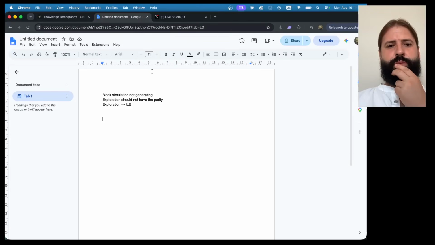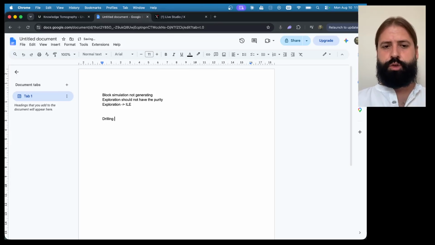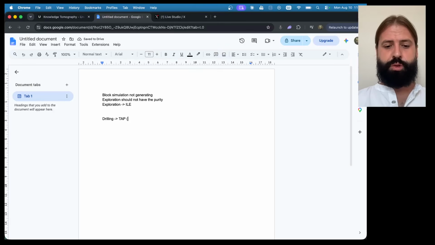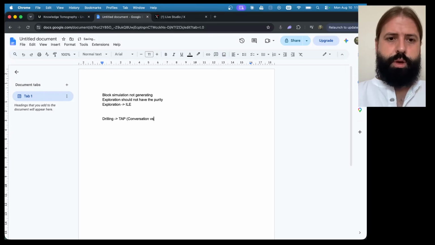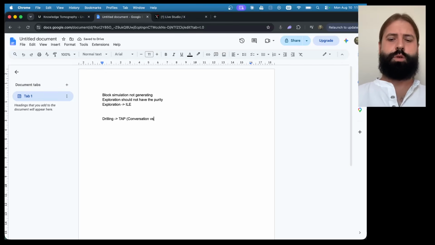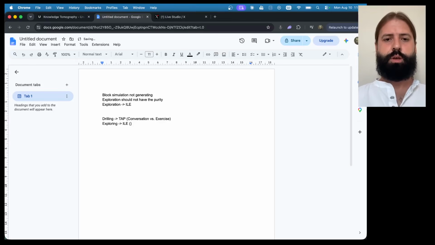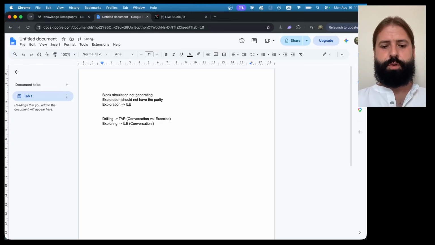So I think we should just basically say drilling is tab. Then add a simple distinction between conversation versus exercise, whereas exploring is ILE, and this is basically conversation versus exercise. I think we have to make that change